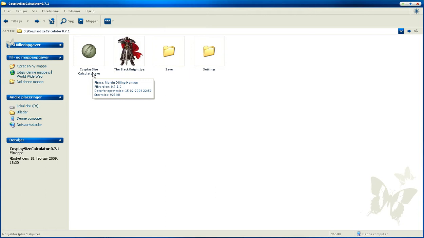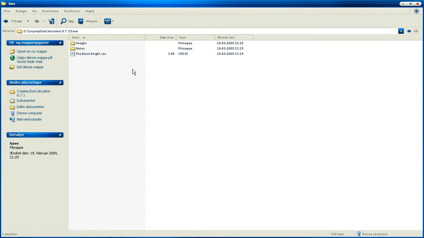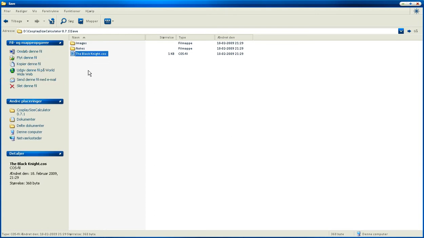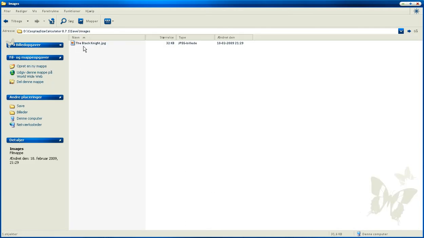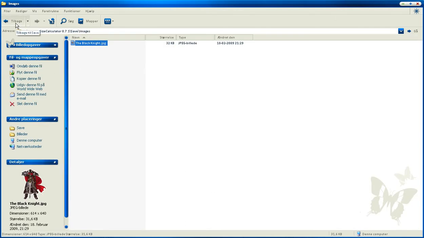The settings is just the default height and such things, and the save data, you see it makes a COS file for every saved project you have, and it copies the image file, so you don't have to worry about where you put the images or anything. It is right here, all the data you need. And back to the program,